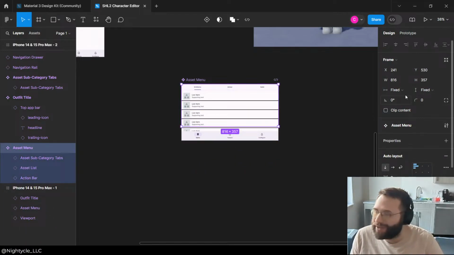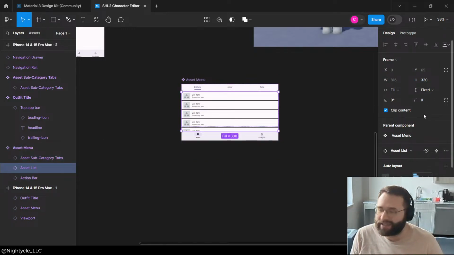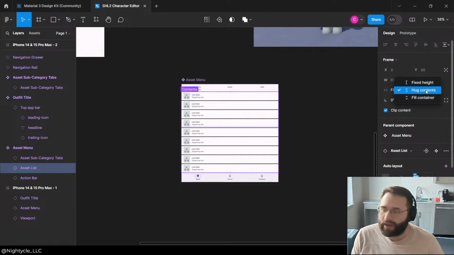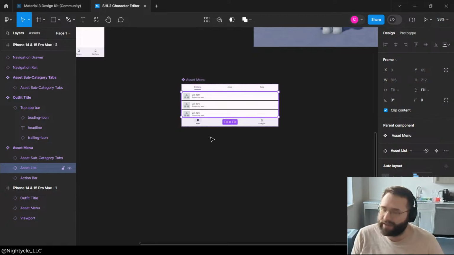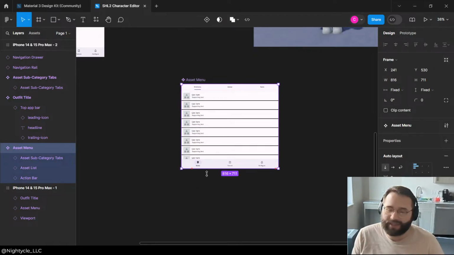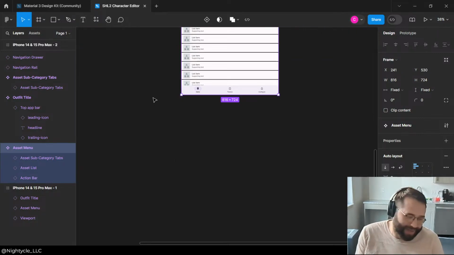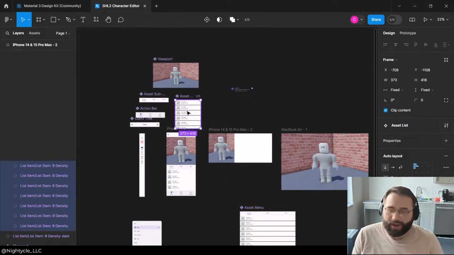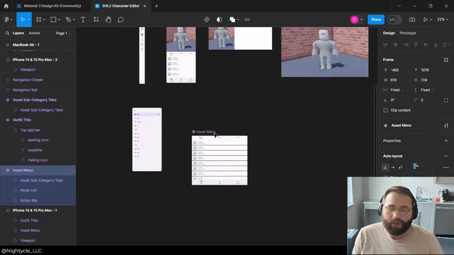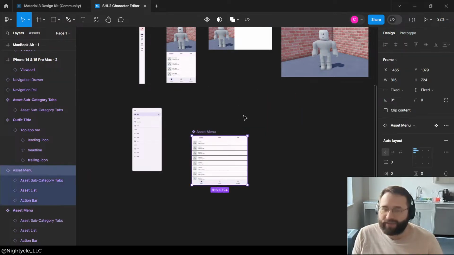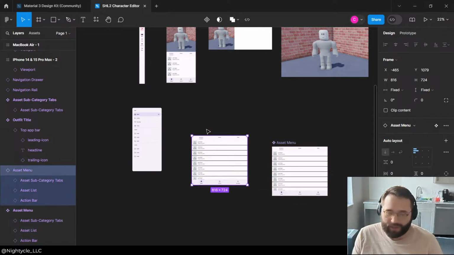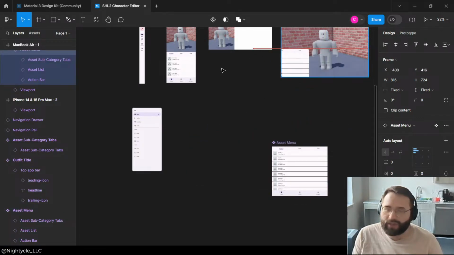Okay, so why are you not doing a layout? Okay, so it should clip the content. No, asset list should shrink. No, it should fill container. Okay, yeah, so asset list. Okay, now we got it. See? Okay. So now we have a flexible asset menu component, which we can use, hopefully,